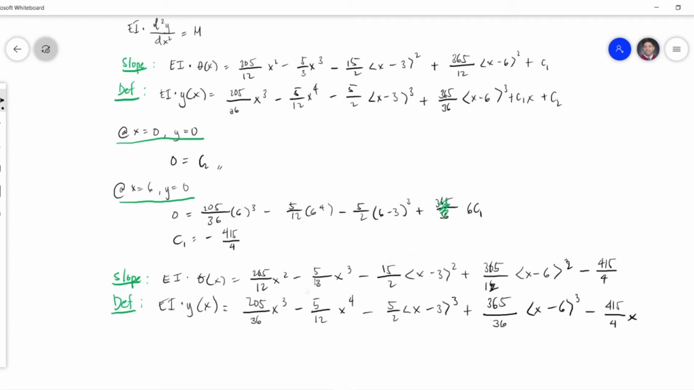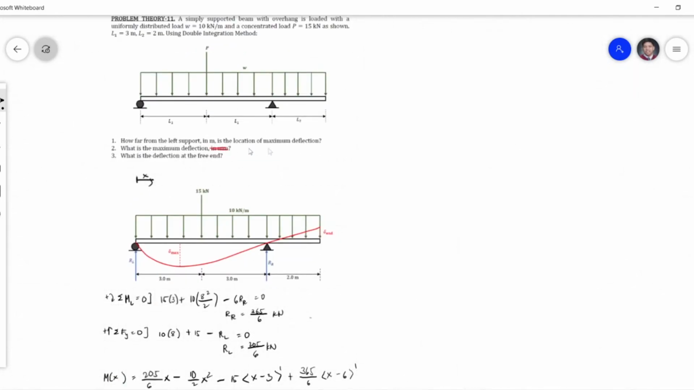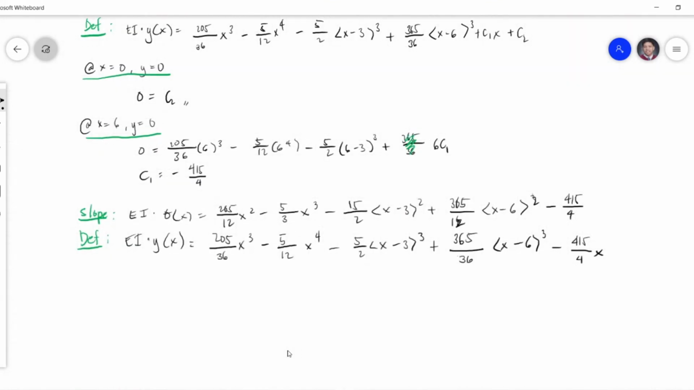Now, ang pinapahanap sa atin sa una would be the location of the maximum deflection. Gaya nung sa first problem natin, at maximum deflection natin, theta natin would be 0. So, 0 yung rotation natin at maximum deflection. So, applying that, i-0 lang natin ito. So, we have 0 equals 205 over 12 x squared minus 5 over 3 x cubed